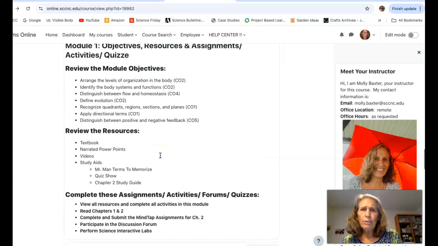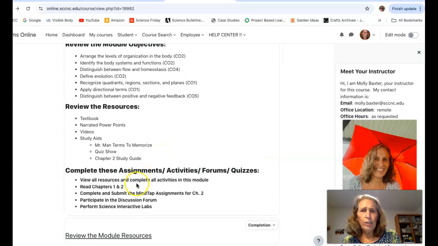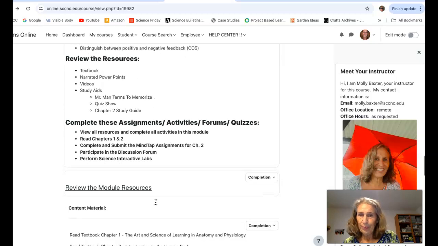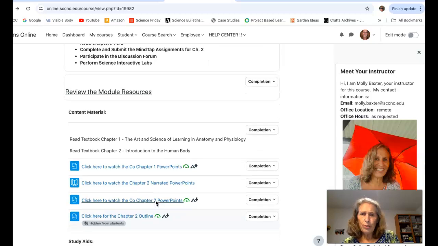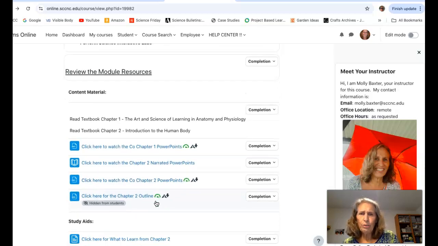Okay, so in this first week, you'll be reading chapters 1 and 2. You'll be doing online assignments in MindTap for chapters 1 and 2. You'll participate in the discussion forum and you'll begin your science interactive lab. So the resources are pretty extensive. First of all,